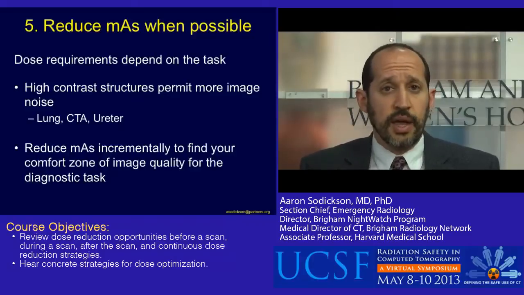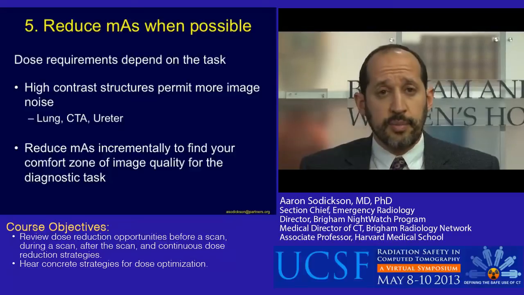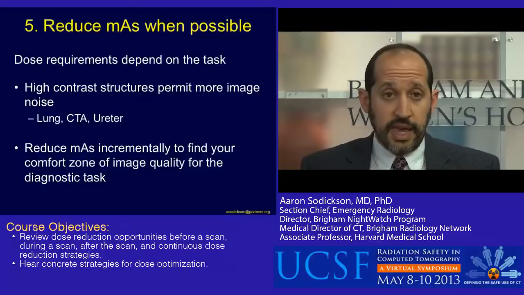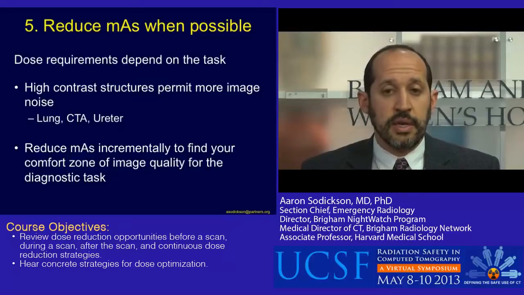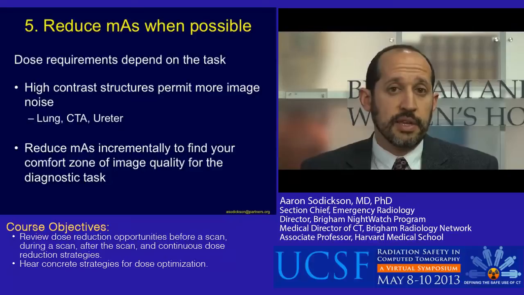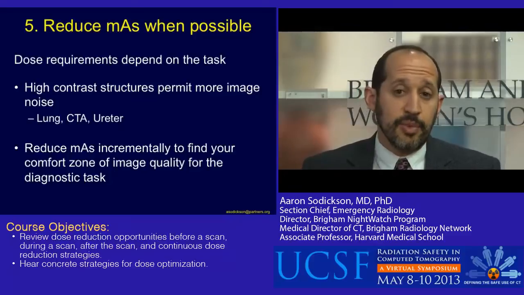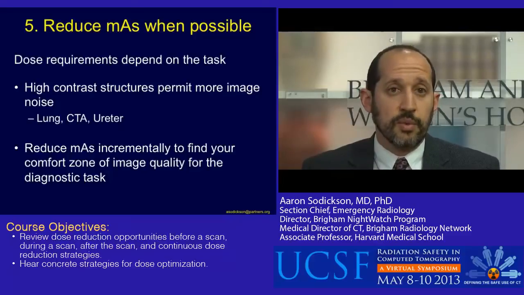Lung scans, where we're trying to find lung nodules, for example, on the background of aerated lung, can be performed with very noisy scans because we have inherently high contrast between the target lesion and the background. CT angiography can be done if we spend our time really optimizing our enhancement of the vascular bed of interest. And ureter CT has been an often studied example of how we can do low-dose imaging without hampering our ability to detect ureteral stones. The caveat being that I think we need to make sure that we're doing these scans